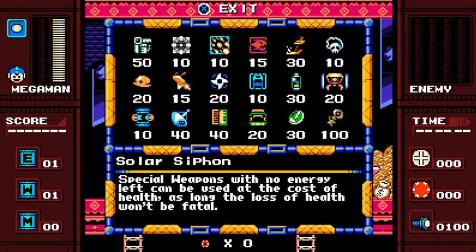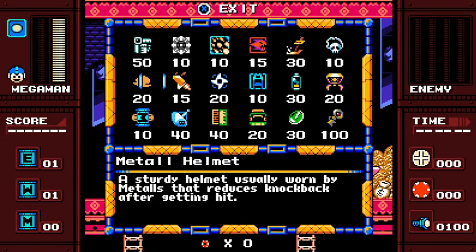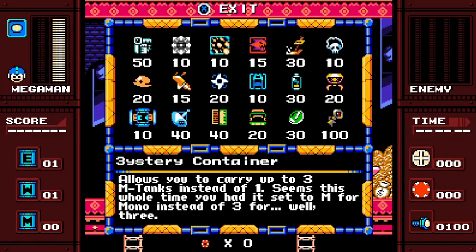Solar Siphon. Special weapons with no energy left can be used at the cost of health as long as the loss of health won't be fatal? What? That's... an offering? It's probably going to be very low on the list. Although I plan to... I will have plenty of tanks eventually, so...